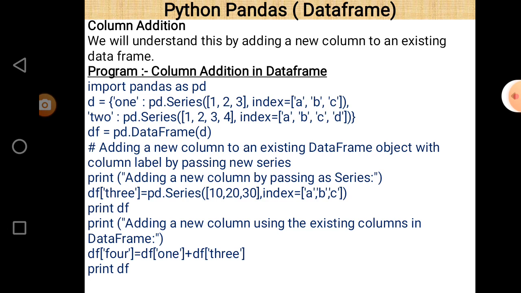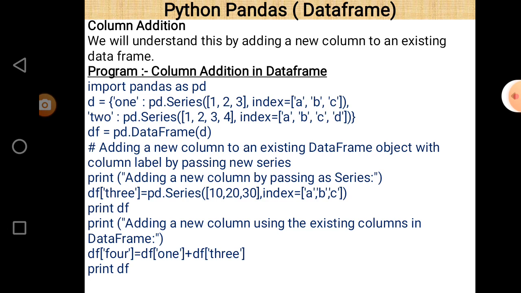So this is a declaration of a dictionary in which the key works as a column name, and if we don't declare an index then it is by default 0, 1, 2. One thing should be remembered: if there is no element against any index value, then NaN will appear there, and NaN means not a number. The next line contains pd.DataFrame(d). So there is a declaration of a data frame using the dictionary mentioned above.